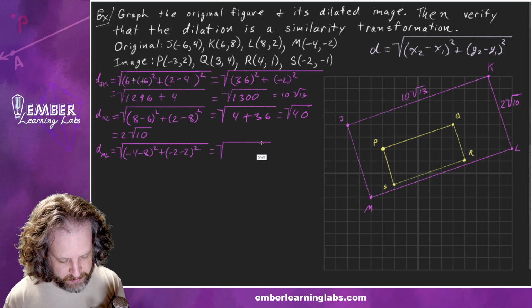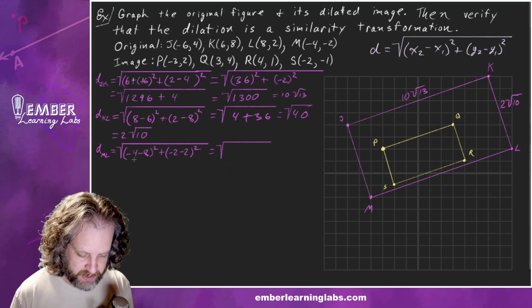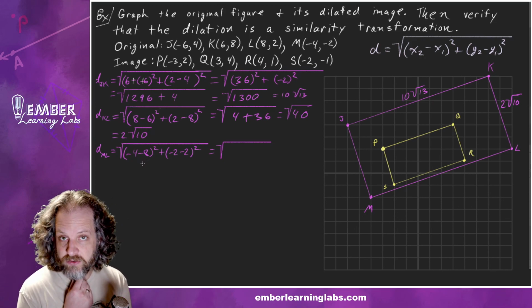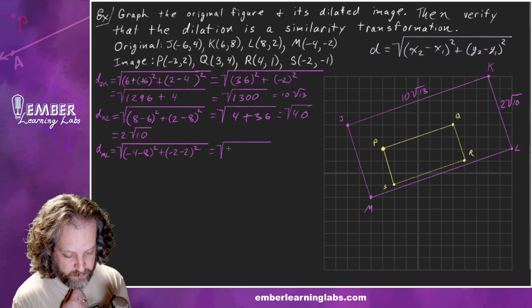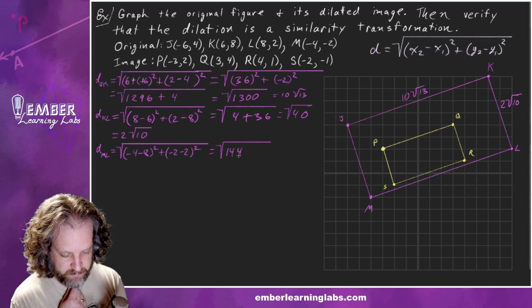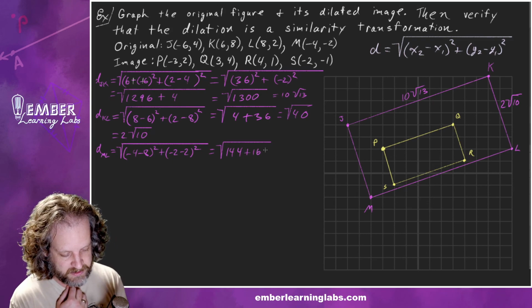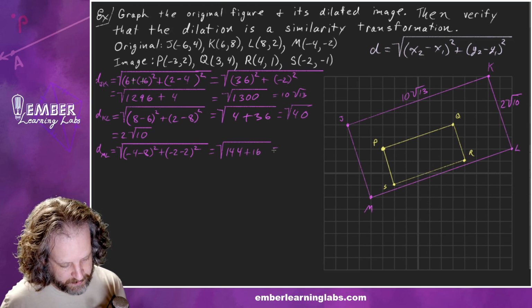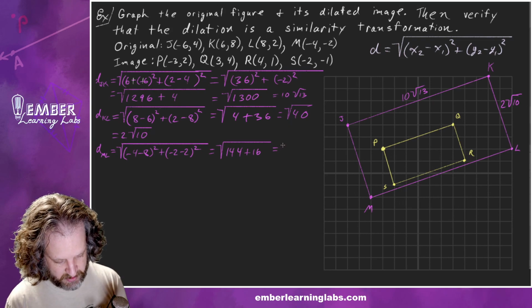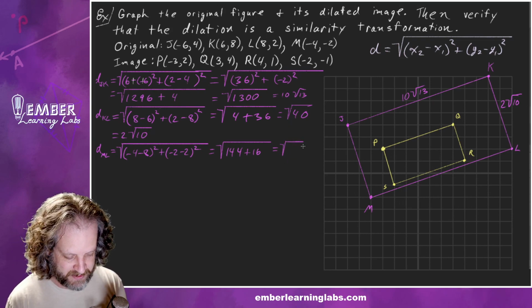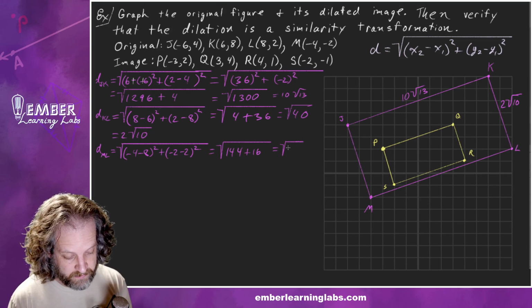I bet we can do the same thing we did last time. Negative 4 minus 8 is negative 12, which would be 144 when we square it. Negative 2 minus 2 is negative 4, squared is 16, so plus 16. These are all kind of coming out real similar, which is similar in a grammatical sense, not really in a math sense. So the square root of